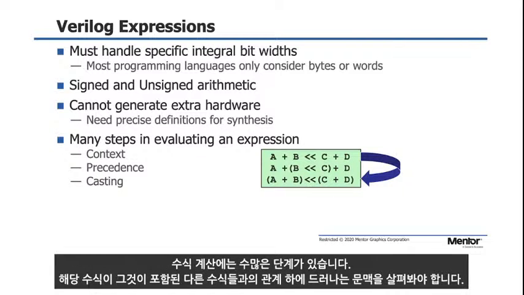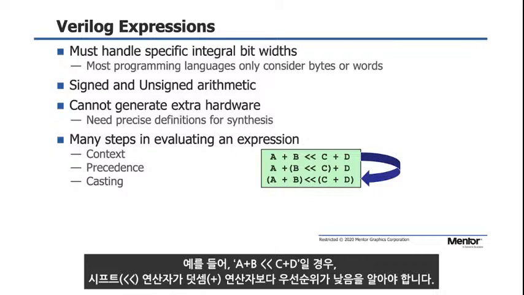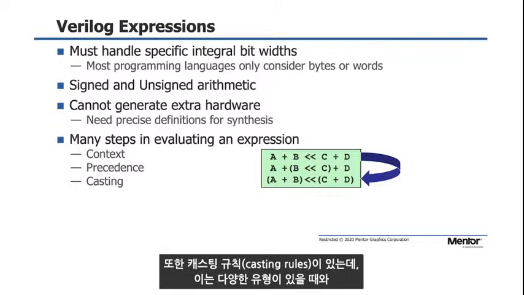And there are many steps in evaluating an expression. We have to look at context, which is where an expression appears in relation to other expressions that it's a part of. There are the precedence rules, which determine which operators we look at first. For example, we have A plus B, shift C plus D, and we need to know that the shift operator has lower precedence than the addition operator. So this gets evaluated as A plus B shifted by the value C plus D. And there are casting